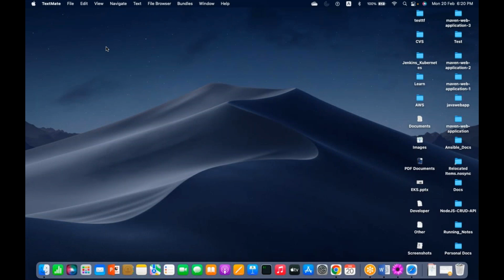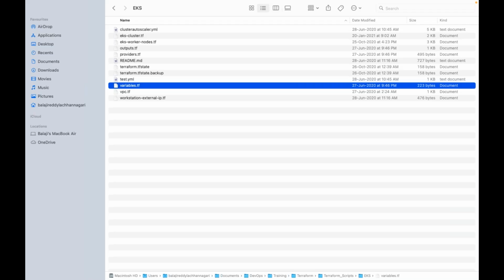Once you are familiar with HCL, then we will install Terraform, then we will write the Terraform code. In detail, we will understand how to create EC2, EBS, VPC, subnets, route tables, all those things using Terraform concepts.